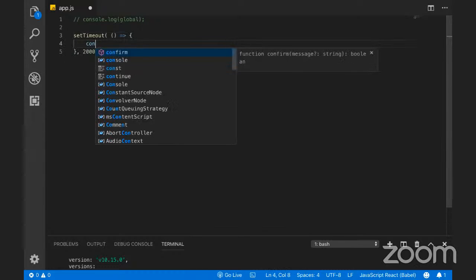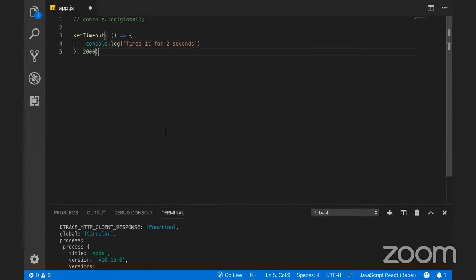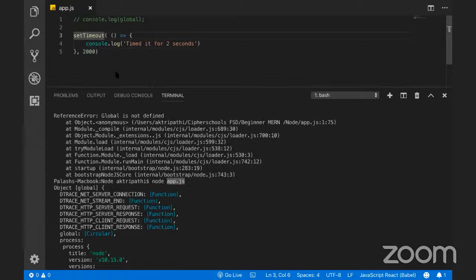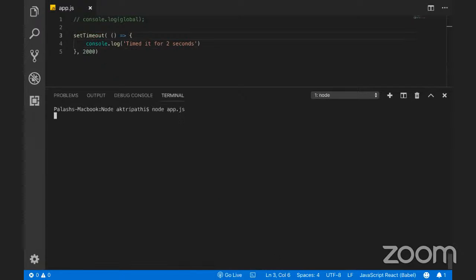So I will say console.log timed it for 2 seconds. Okay, तो ये मैंने फंक्शन लिख दिया. ये ग्लोबल स्कोप में फंक्शन है इसलिए काम करेगा. अगर आपने कुछ अपने मन से लिखा होता तो वो काम नहीं करता क्योंकि उसको पता नहीं चलेगा कि ऐसा कुछ है. So let me clear this out, and to run this I will say node app.js. और आप देखें ये 2 सेकेंड के बाद it waited for 2 seconds and then timed it for 2 seconds,